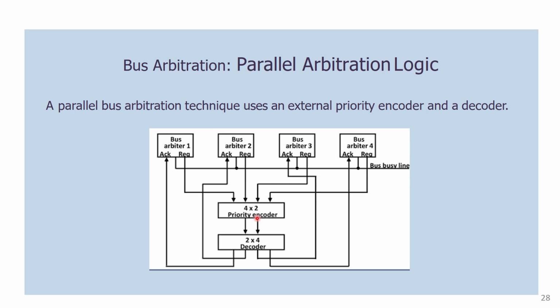Let's say this priority encoder made the two values 00. After receiving the requests from all, the highest priority was given to 00. So this 00 will be passed to the decoder. The decoder will send the value to bus arbiter 1, and this one will be given the system bus. This is how the priority encoder and decoder help to receive and acknowledge which bus needs to be